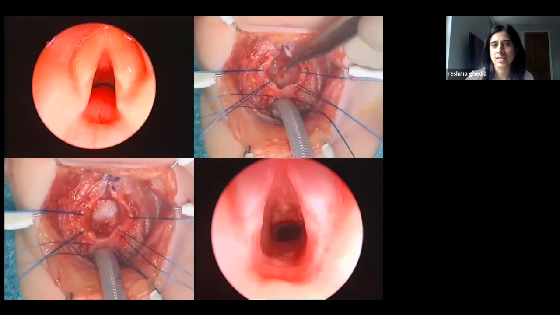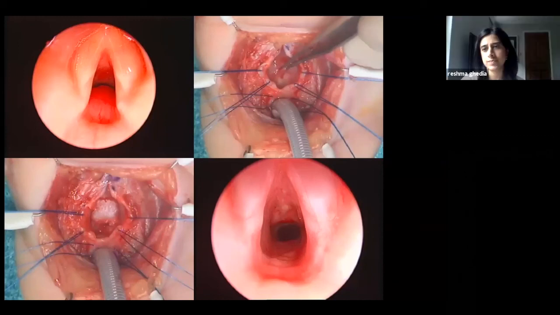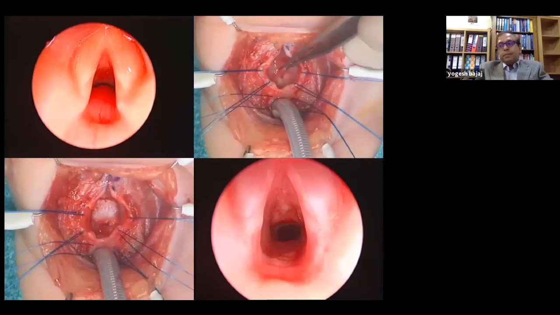a thyroglossal cyst, and does it need to be removed, or do you watch and wait to see if it's causing any problem? Okay, so very good question. Because I still do a little bit of adult work, my approach in adults and kids is different. In a child, for example, who's 2 or 5, or for that matter, even 10, of course, you have to have a discussion with the parents and offer to them, this